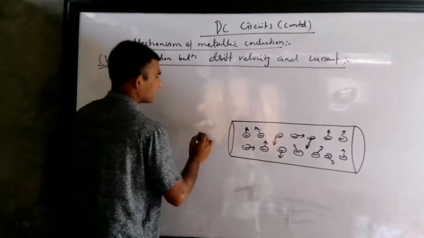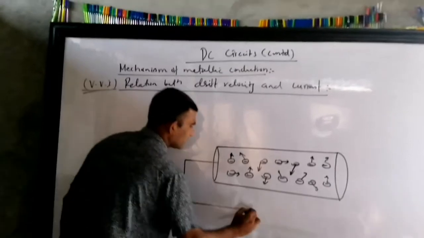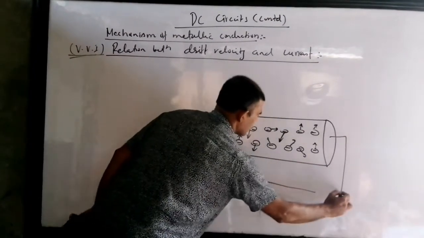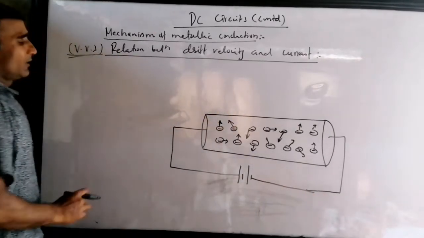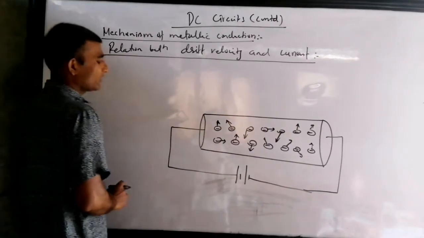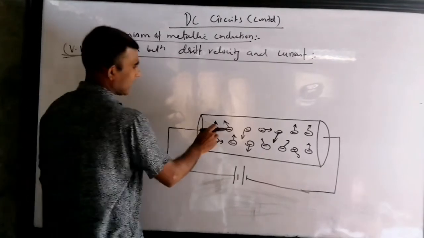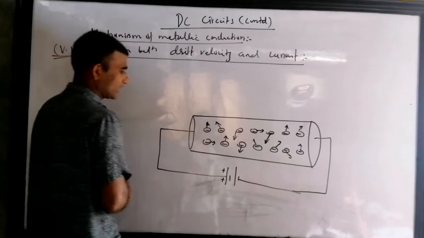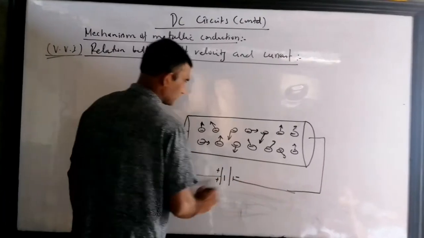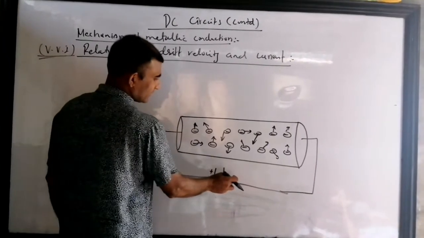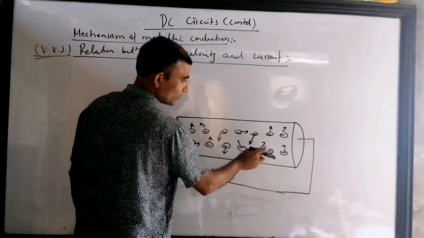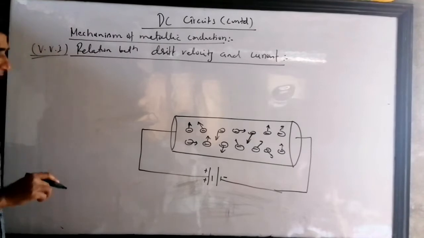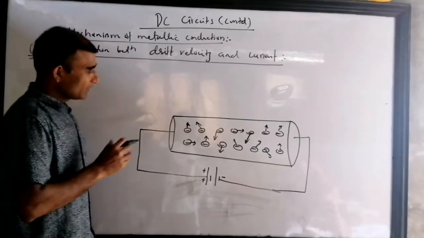Okay, let me connect a battery here. Are you going to connect? Yes, sir. Okay, so I connected this battery to the metal piece of wire. What will happen now? See this, the electron has a negative charge, and of this battery the positive pole has positive charge, and the other has negative charge. So what interaction happens between negative and negative? You know that negative and negative charge repel. You have learned in class 11 that negative charge repels negative charge.